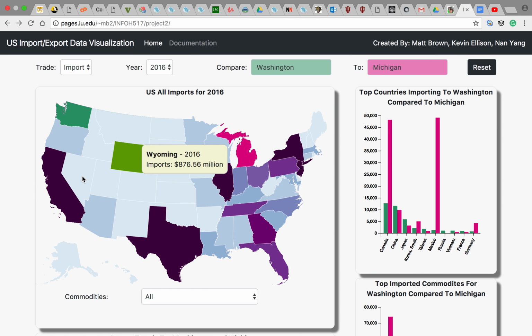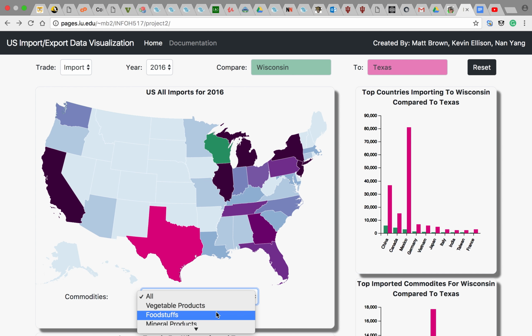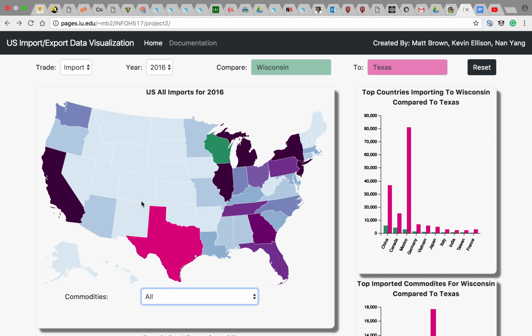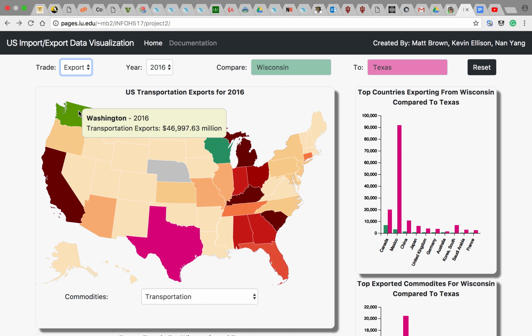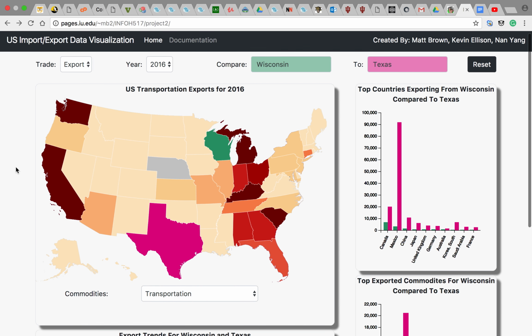One of the unexpected findings we had actually dealt with Washington versus a lot of different states when it came to the transportation industry. We noticed that for such a small state, Washington has quite a few exports, and we believe this is primarily due to the existence of Boeing, and we can see that the trends for Washington